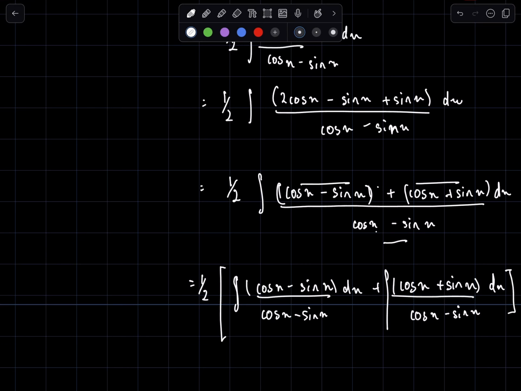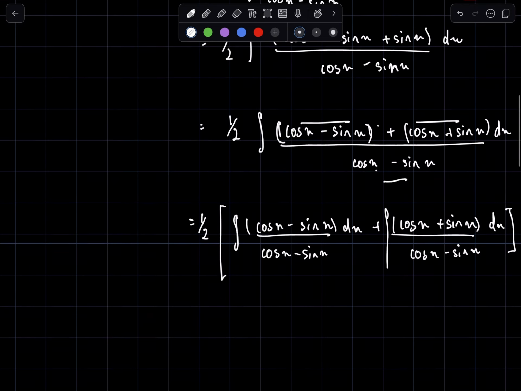Simple, right? Like I said, why we did that is because we want it in such a manner that if this is cos x minus sin x, then the sum should be on the numerator. The operation should be inverse. Okay, so now for the first half, these both are equal, so we can cancel this and this will be equal to 1, which is equal to half